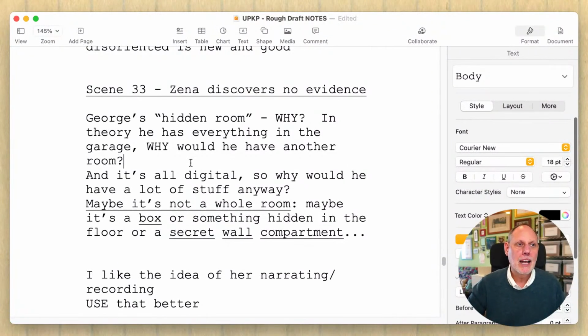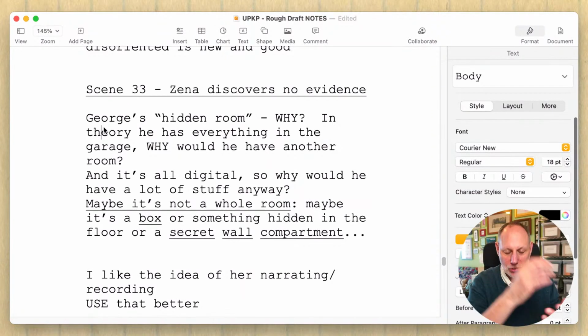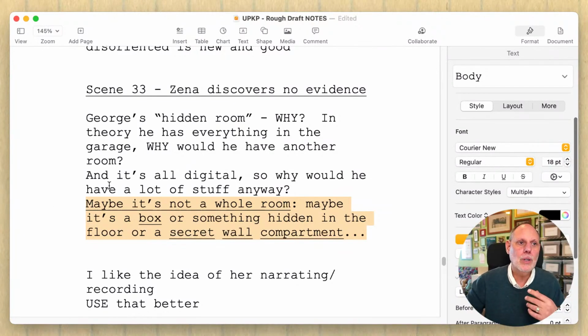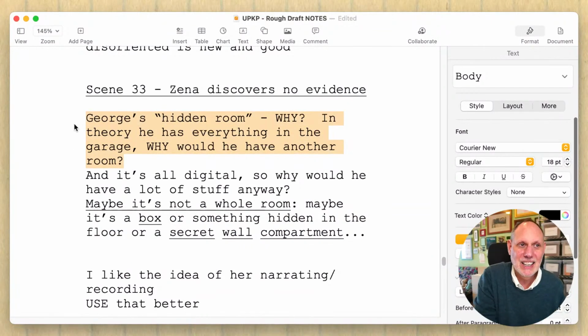The first problem is I have it set in this hidden basement room. Why do I have a basement room? I mean, I know why I did it. I did it because we needed to have the evidence in the house and have the police not find it. But the main thing is, I thought, he's got a whole garage. He's got a whole other work studio. Why would he have everything not there? Why wouldn't he put his files there? They aren't secret. Nobody's coming after them. It just doesn't make any sense.